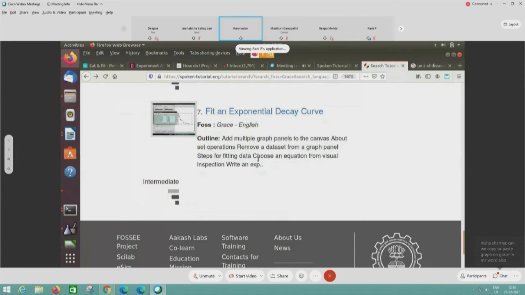And fit an exponential decay curve is when the data is not a line, it is an exponential decay. Like, for example, radioactivity is a single exponential decay. We can fit those and more.